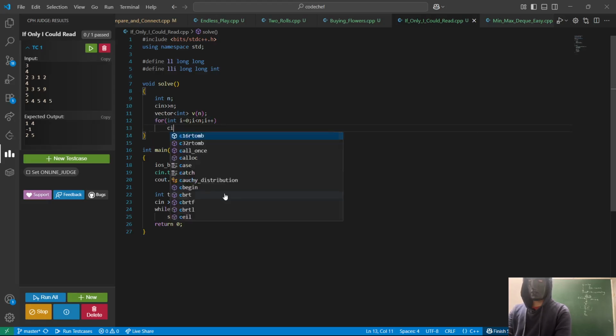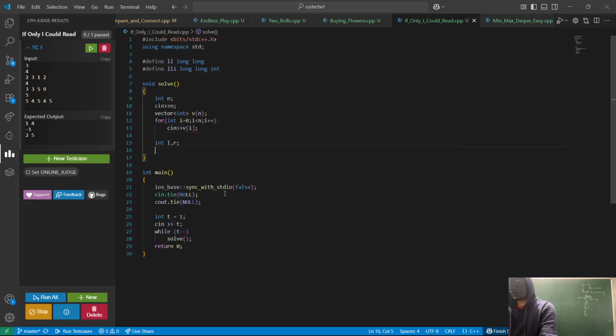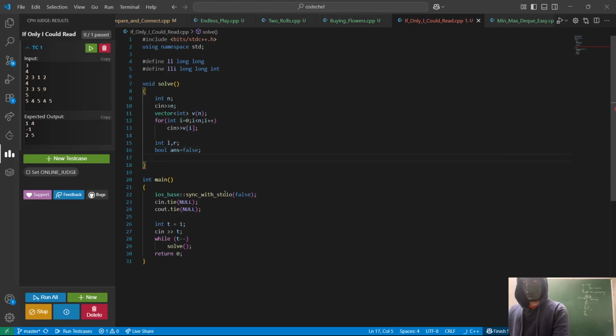So now one by one all elements I'll be taking. Now I will take int left comma right, and I'll take one boolean variable for whether we have an answer or not. Initially I'll say that we don't have an answer, but